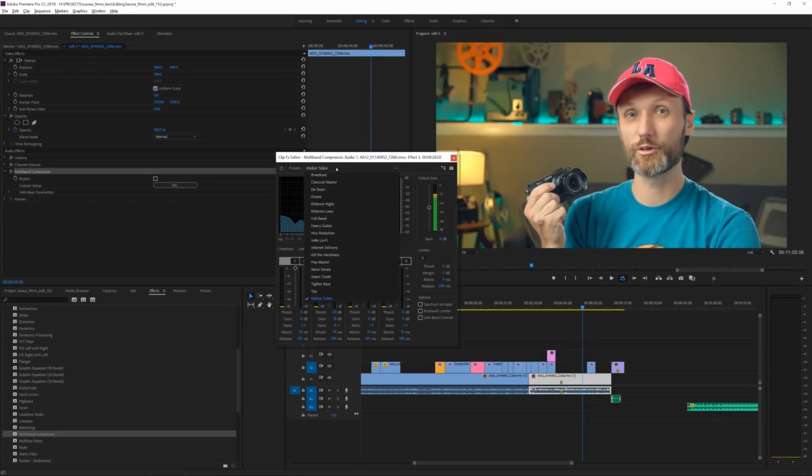So it sounds kind of cool, like a walkie-talkie. You can change it here. They have different things: Toy, Indie, Lo-fi, Hiss Reduction, all that stuff. Enhance the lows or highs of your audio. What I usually use when it's just dialogue, somebody talking, is Broadcast. So I'll click on that and play the audio again.